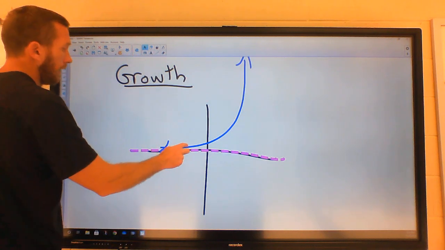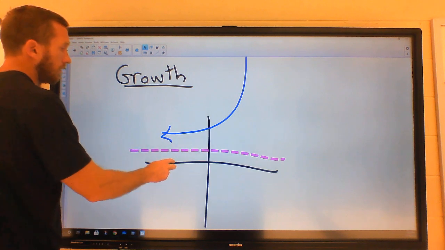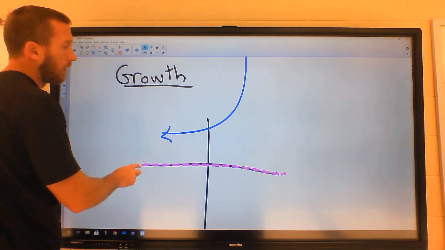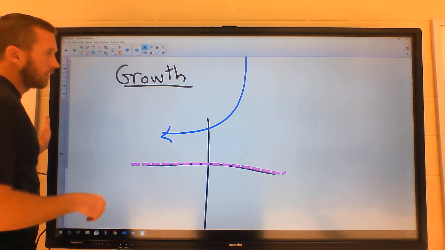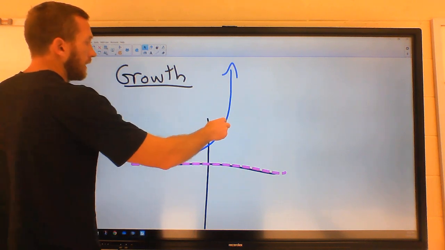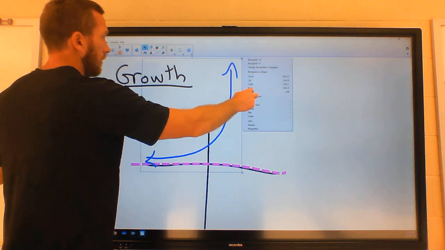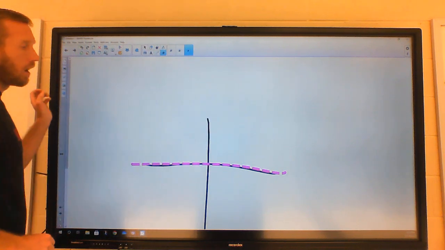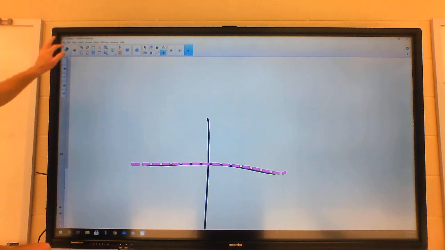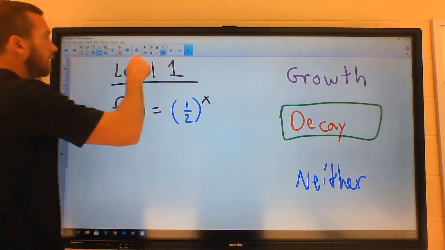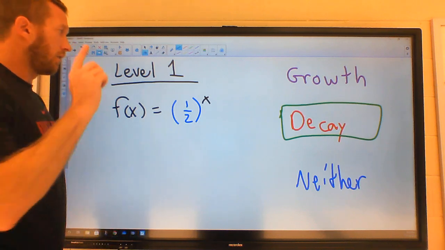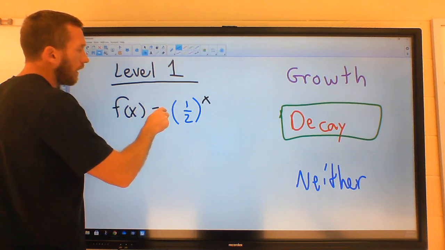And again, it could be at many different heights. Okay? Oops, sorry, like this. Boom, many different heights. The key, though, is that our function, our graph, is above the asymptote. Okay? In order for it to be growth or decay, it is above the asymptote. Now, we talked about what would make it a neither function. Okay, here you go. If you have a negative in front